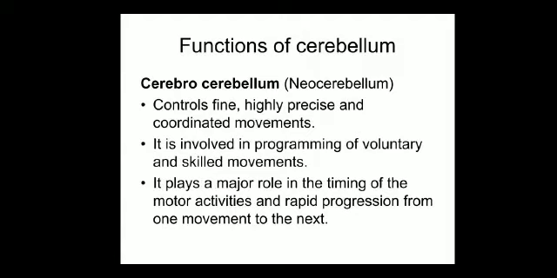So immediately what will happen, it sends a copy to the cerebellum and as well as to the basal ganglia. These two are very important for the movements of the body. So it sends immediately a copy to the cerebellum and as well as a copy to the